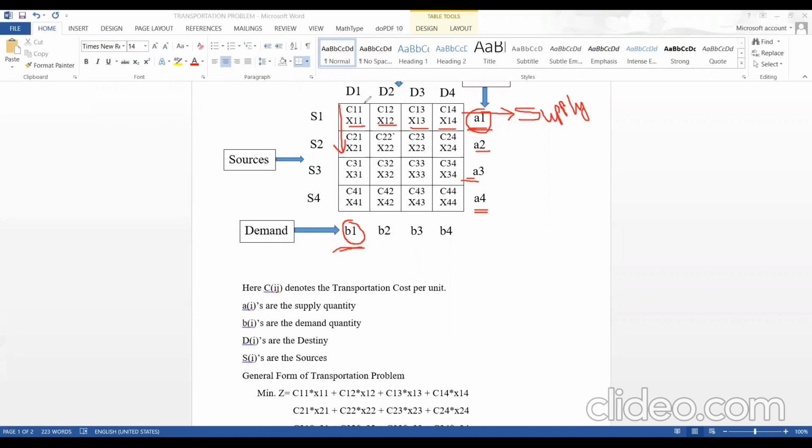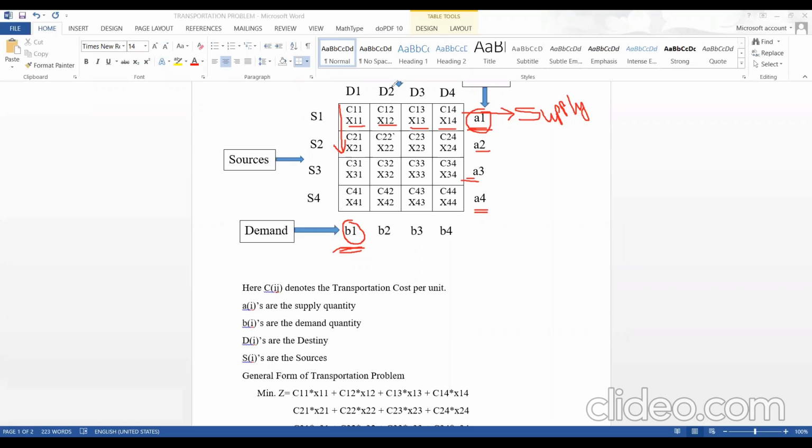So total demand of that must be equal to what? In order to fulfill the demand of the destination D1, the total product delivered to the destination D1 from different sources must be equal to what? Must be equal to B1. Similarly, from different sources,